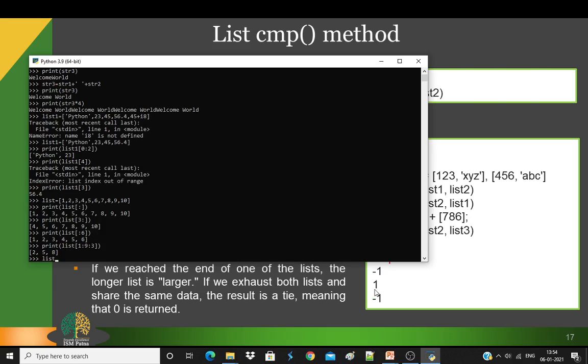Let's create function list1 equals to 1, 2, 3, comma,